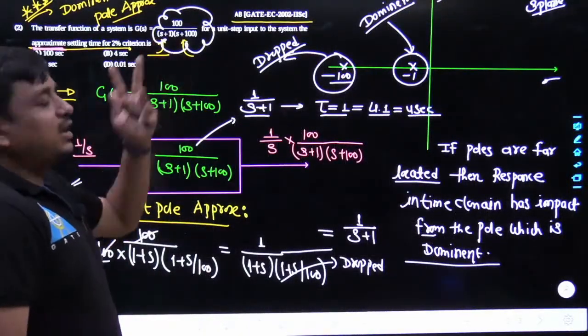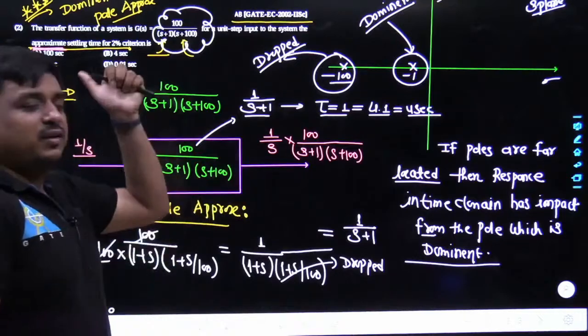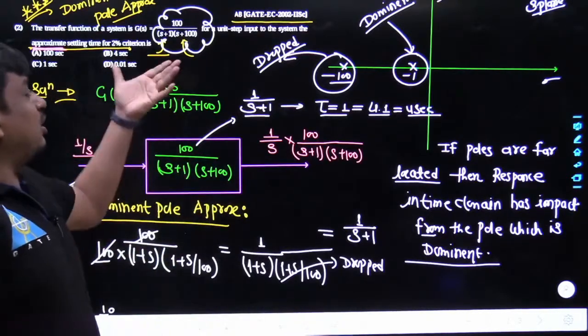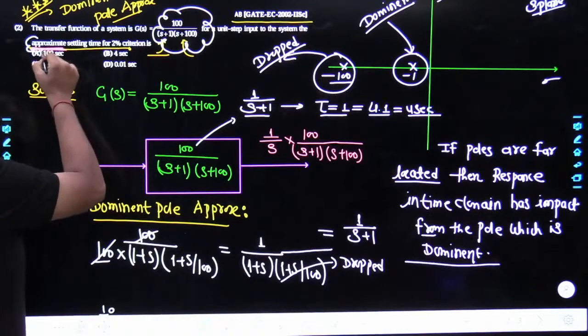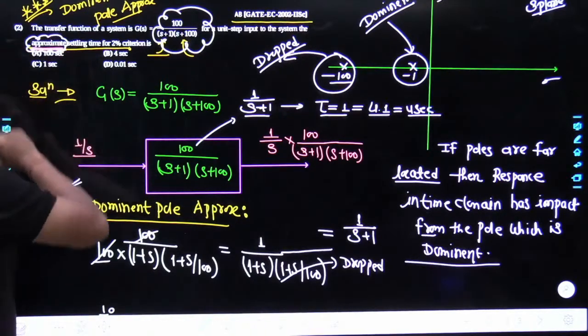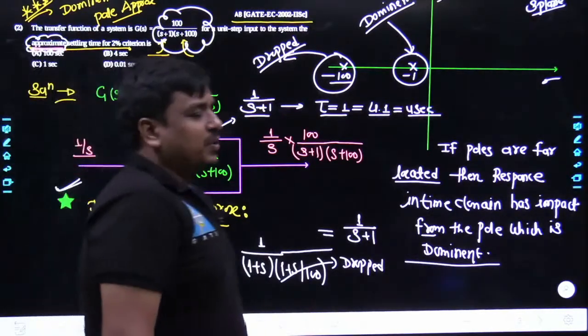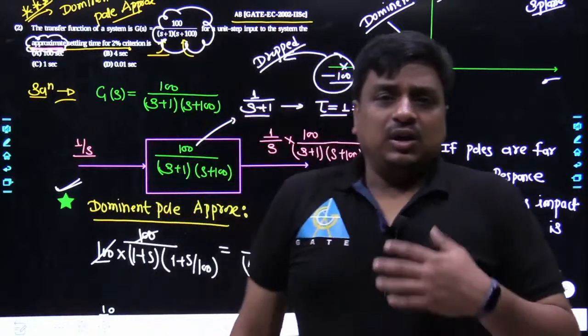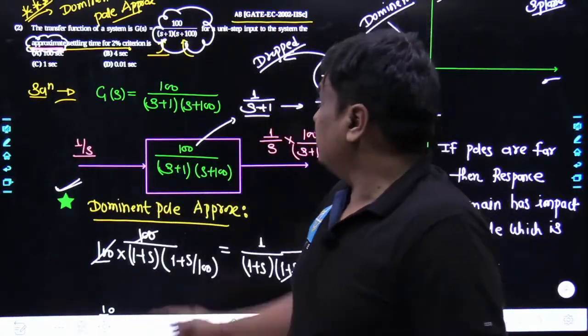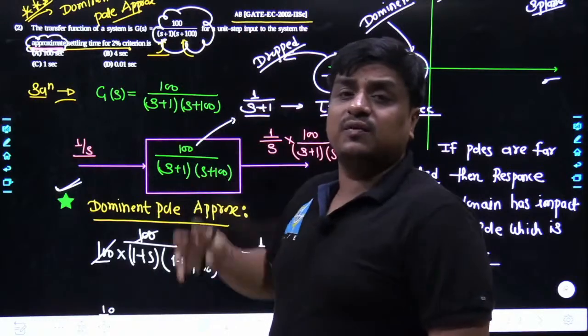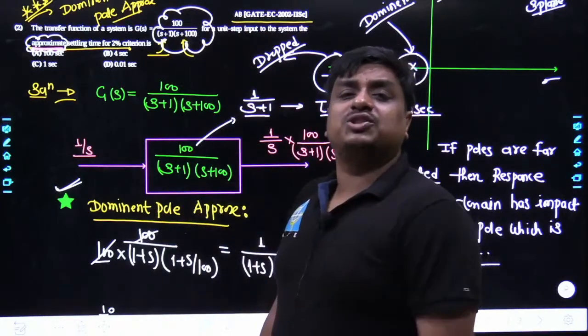Here the s plus 100 was kept so far away from the s plus 1. Yes, the approximation can be used. Although it has not been clearly given, it is a dominant pole approximation. If time permits, I would also explain where the concept of the dominant pole came from, and why, if the s plus 100 is knocked off, there is not much change over the